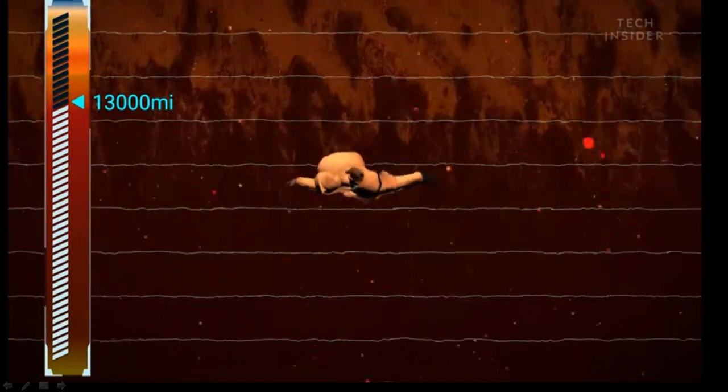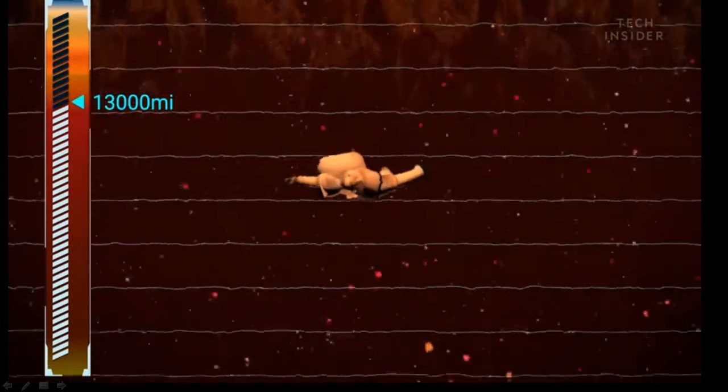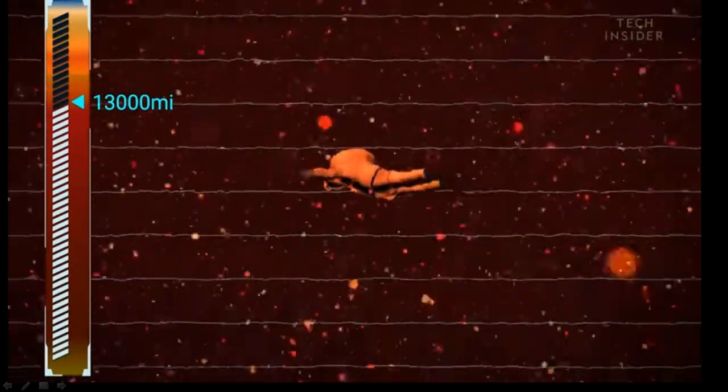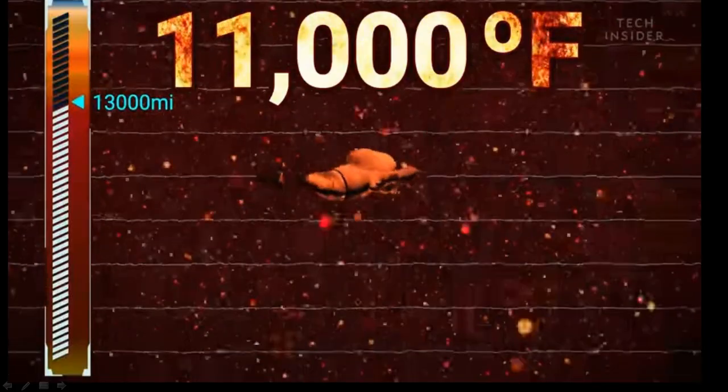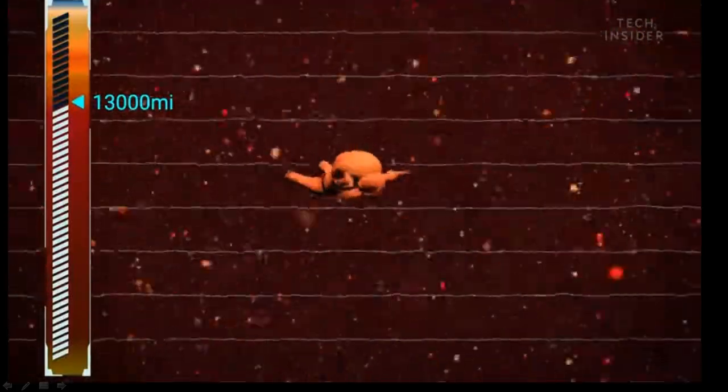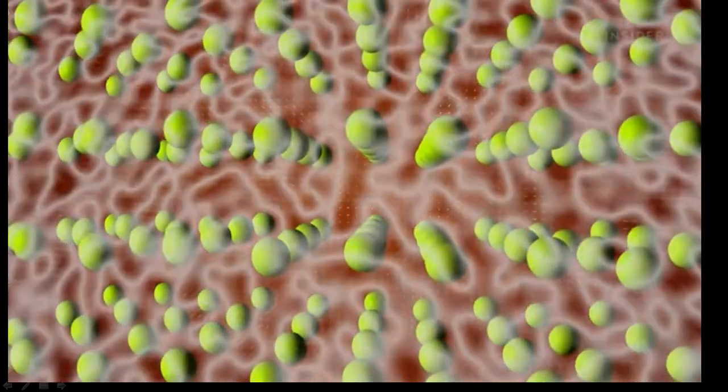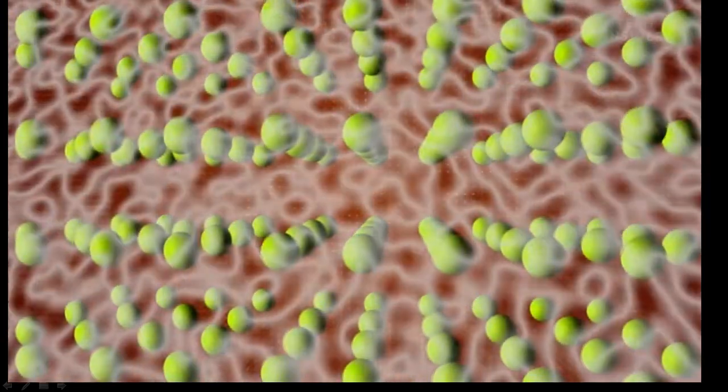Here the pressure is 2 million times stronger than that of Earth's surface, and the temperature is hotter than the surface of the sun. These conditions are so extreme that they change the chemistry of hydrogen around you. Hydrogen molecules are forced so close together that their electrons break loose, forming an unusual substance called metallic hydrogen. Metallic hydrogen is highly reflective, so if you tried using lights to see down there, it would be impossible. And it's as dense as a rock.